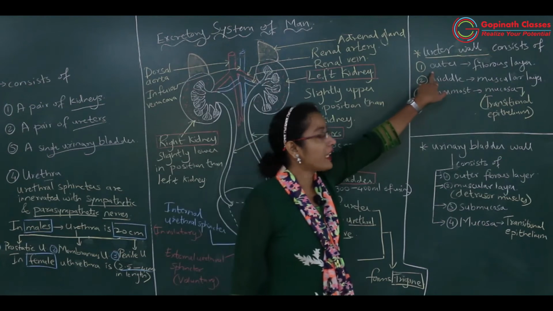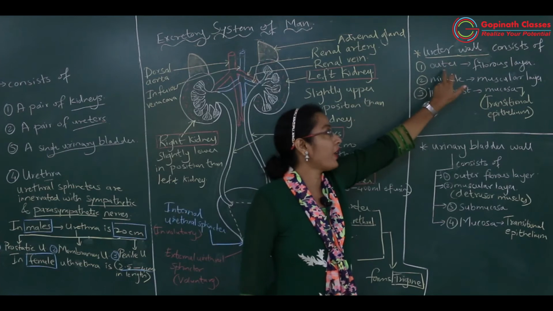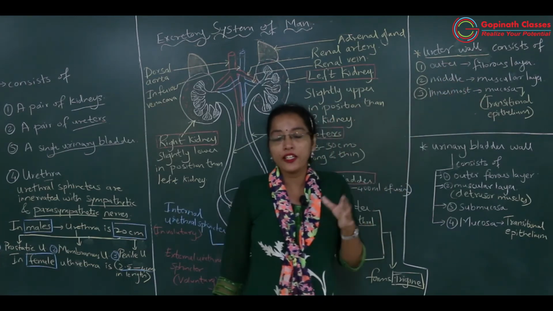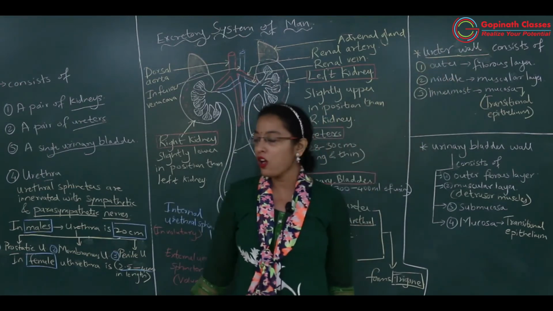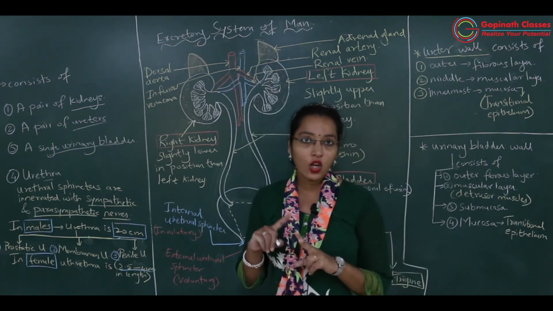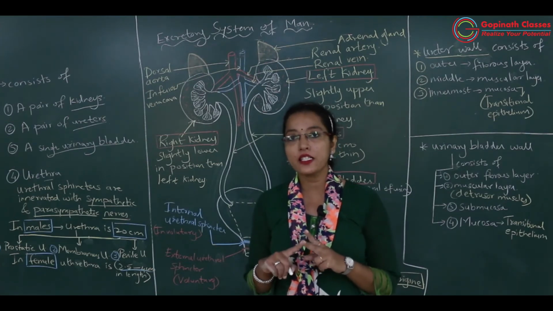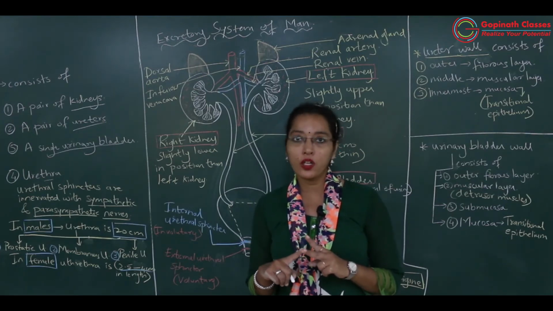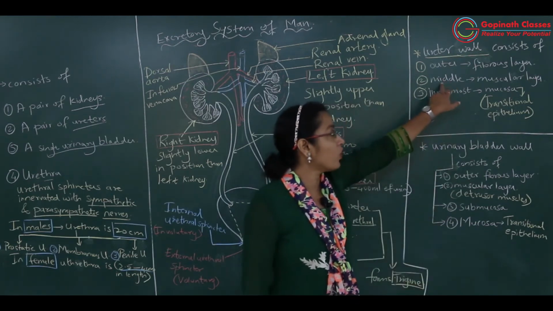Okay, so the outer layer of the ureter will also be made up of white fibers, which means it is fibrous. The middle layer is muscular. Muscular है तो muscle से बना होगा. Two types of muscles are there in the wall of the ureter. Okay, which two types of muscles? The outer muscle is longitudinal muscle and the inner is circular muscle. So outer longitudinal and inner circular muscles. So the muscular layer consists of longitudinal and circular muscles.